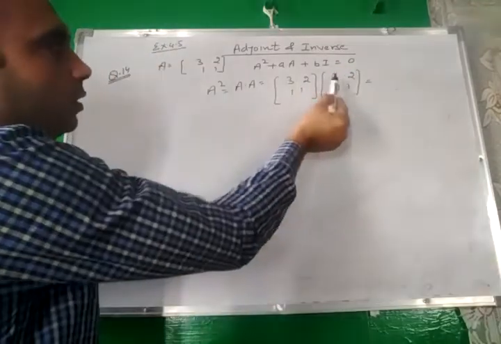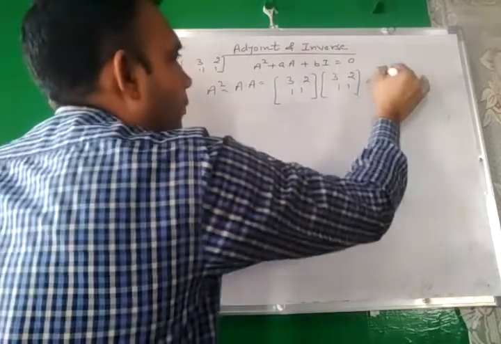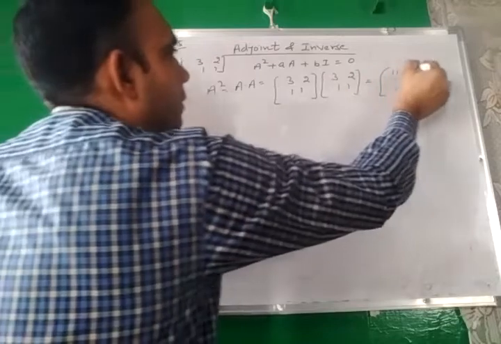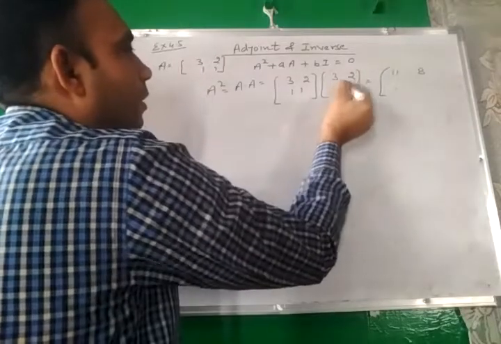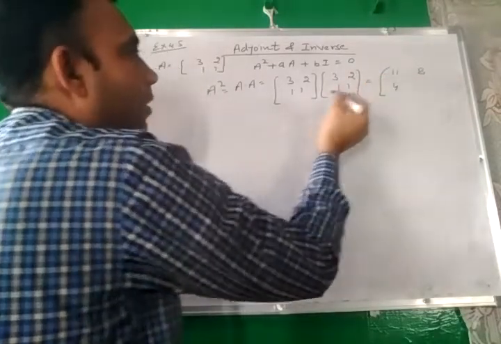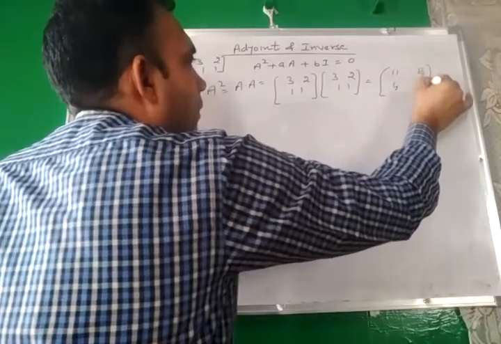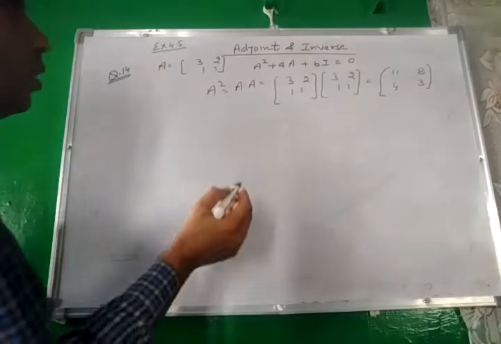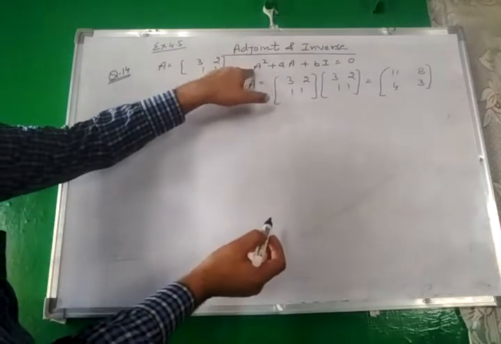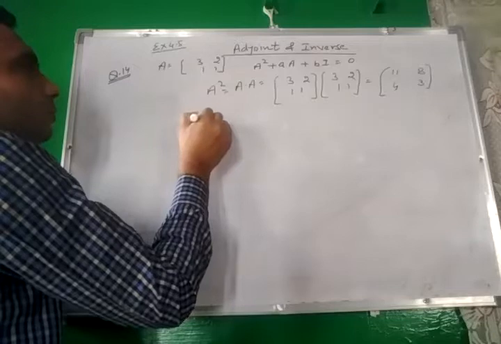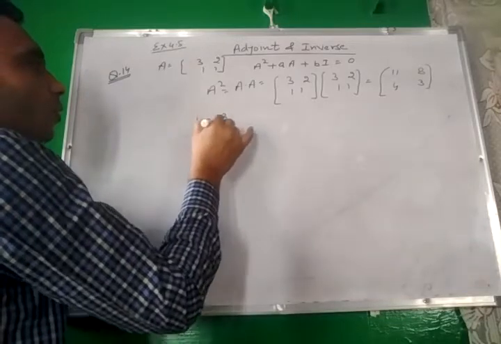What we get? 3 times 3 is 9 plus 2, 11. Again 3 times 2 is 6, 6 plus 2, 8. 1 times 3 is 3 plus 1, 4. 1 times 2 is 2 plus 1, 3. This is A square. Now putting the value of A square in the given equation, A square is [11, 8; 4, 3]